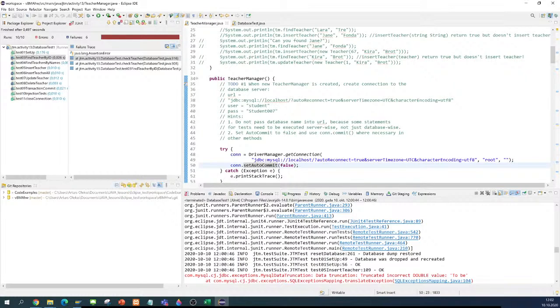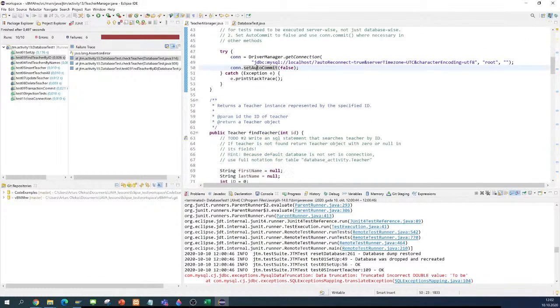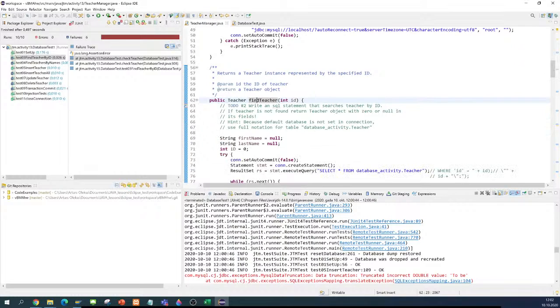That's correct. It's correct for the find teacher method. In find teacher we set the ID to 0. Then we